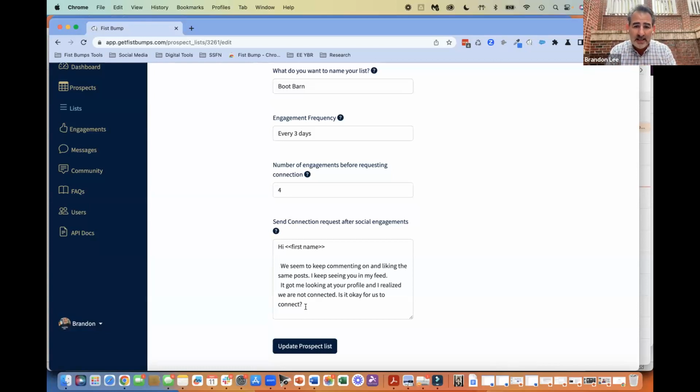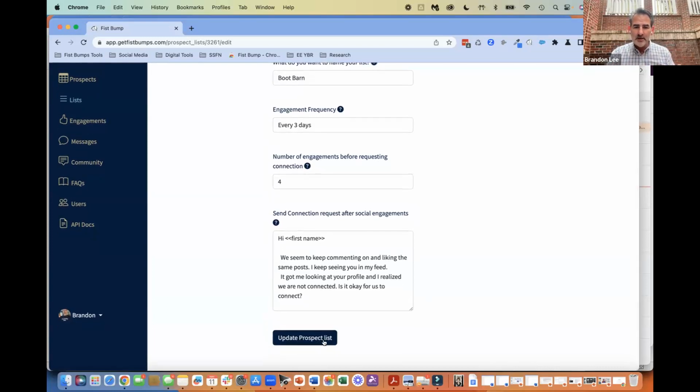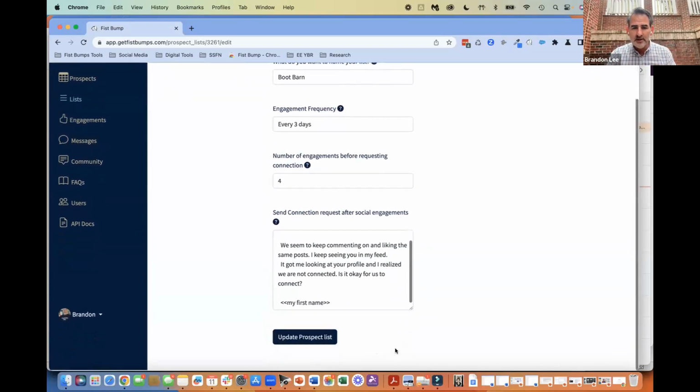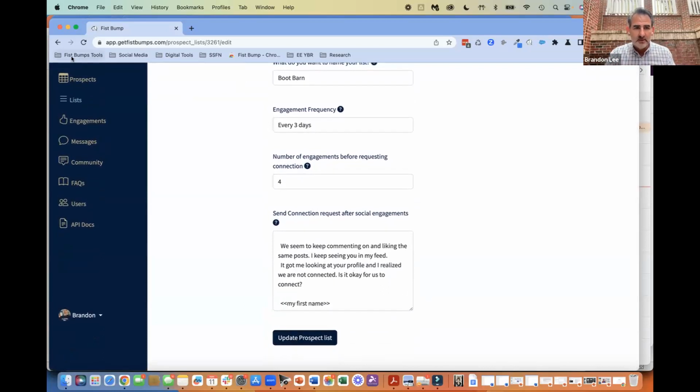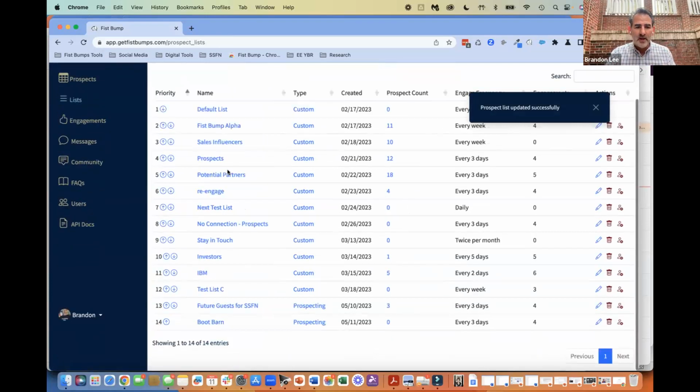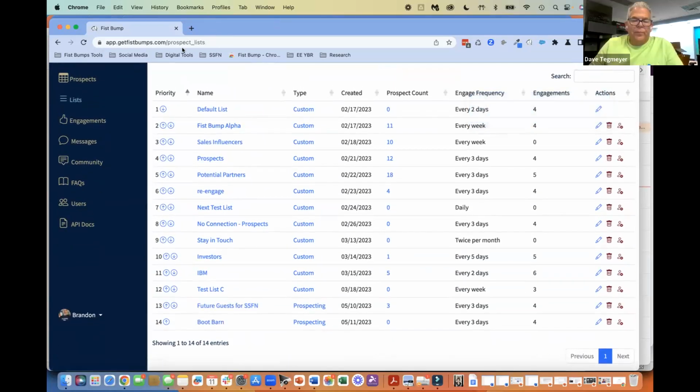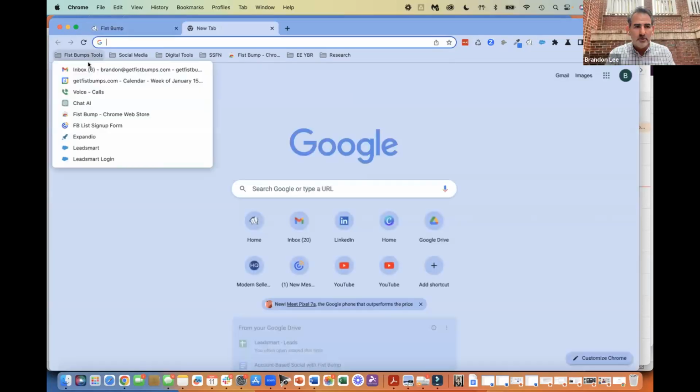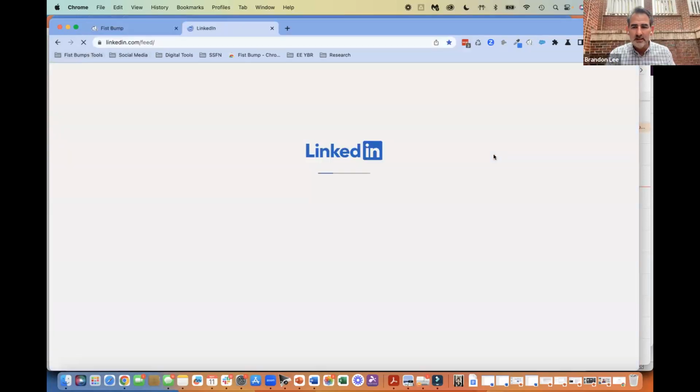I also noticed we're not connected. Is it okay if we connect? So personalize it if you can. And then when you're done, you'll either say save list or update list if you made the changes. And now what you'll find is Boot Barn is here. Okay. And then when you go to LinkedIn,